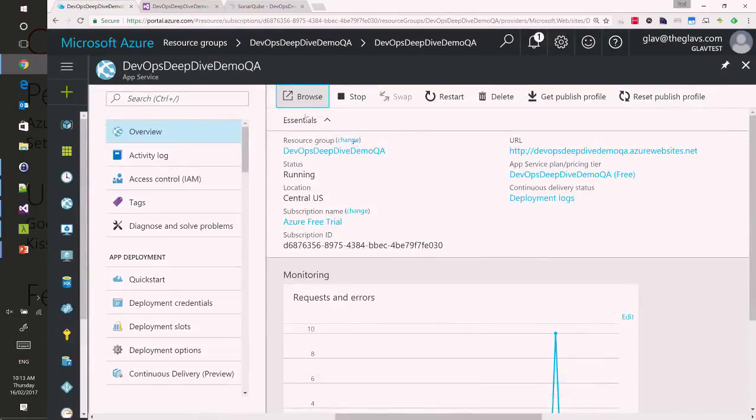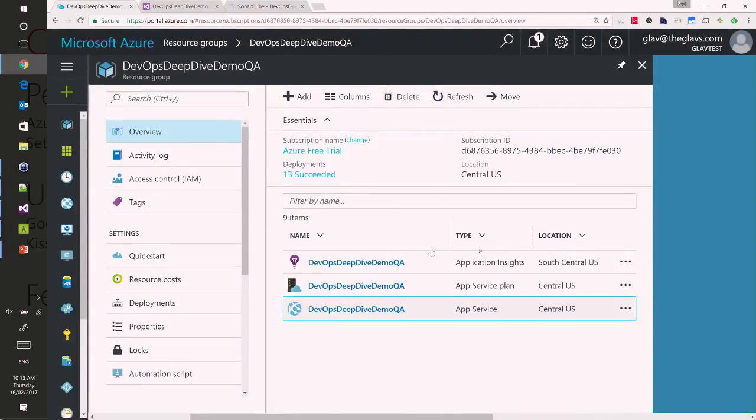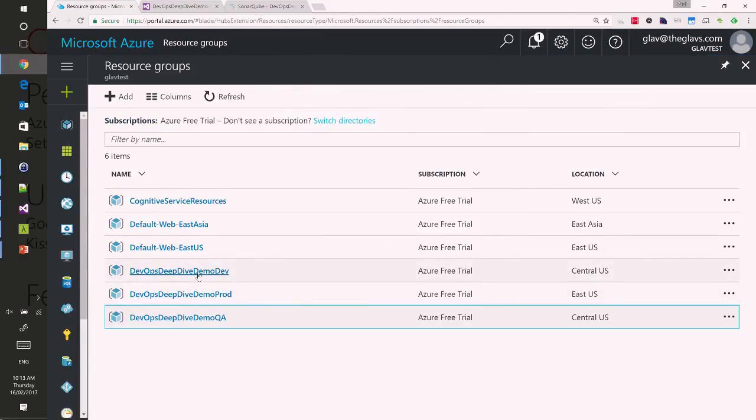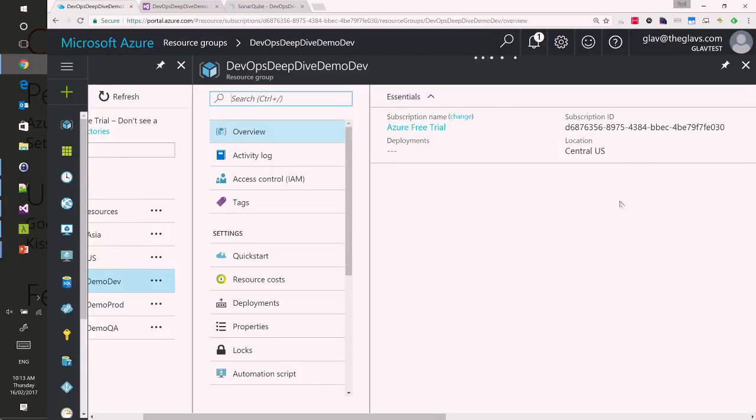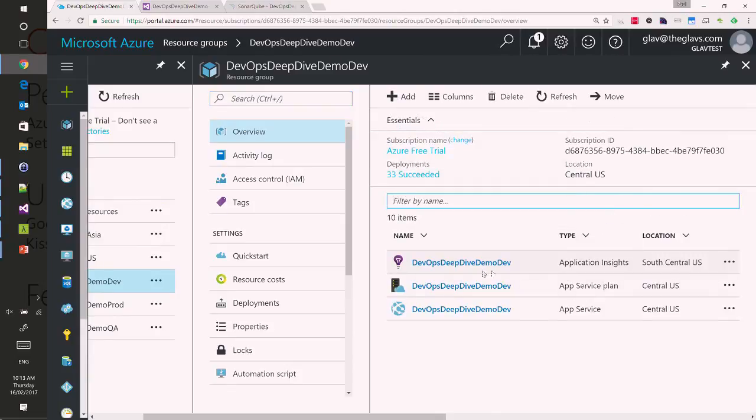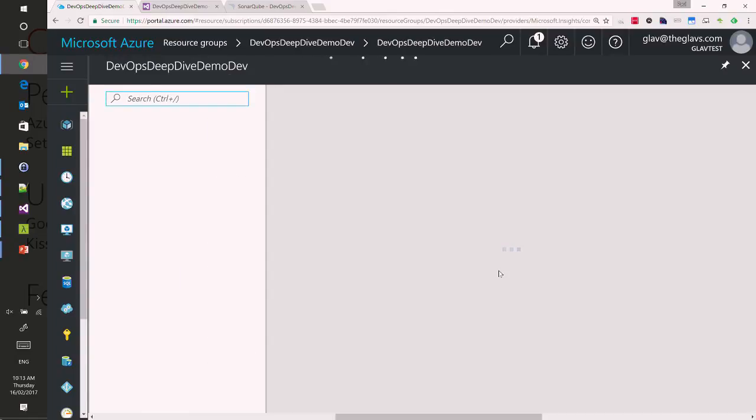Okay, going back into the portal. I'll close this guy down. Let's go to the dev one. So my resource group for the development environment. Okay, I've got my app service, which is the site, app service plan, which dictates the resources and the setup that it's associated with. And here's my application insights. So if I click on that,